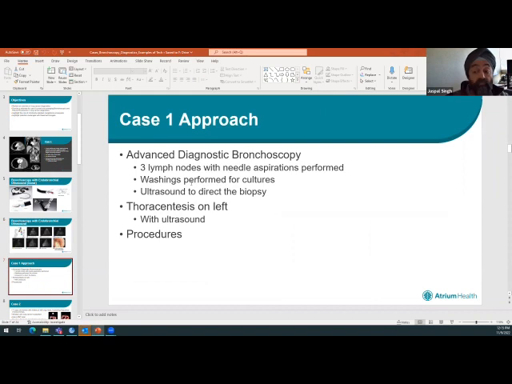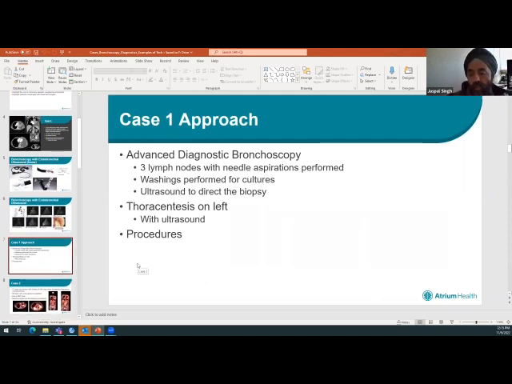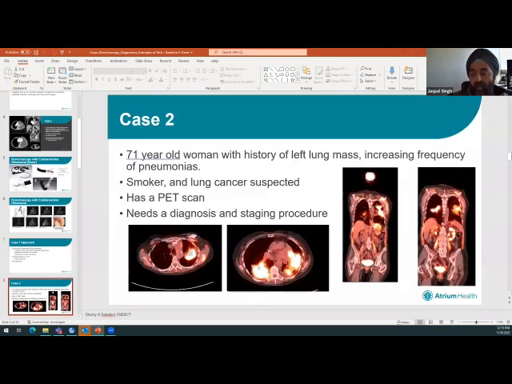We also make sure there's no infection in the airway. That can sometimes add confusion to the picture, because not everything that looks like cancer is cancer. We've got to make sure it makes sense. And then we also drain some fluid on the left side in the same procedure. So that's a common way we might approach lung cancers and such, but it gets more complicated because not every